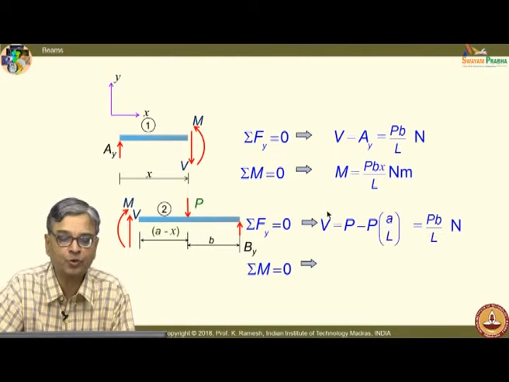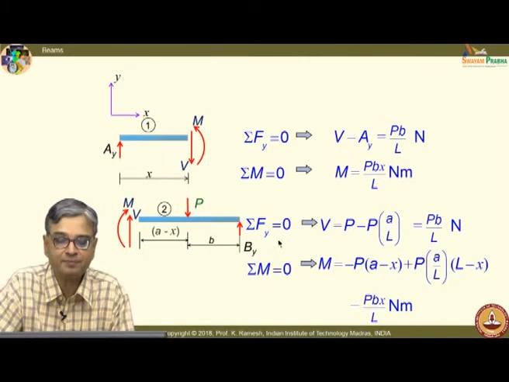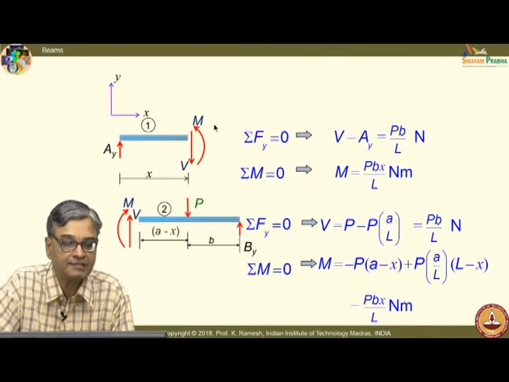You choose which portion to analyze that has the minimum number of mathematical steps, and also visualize what moment this force gives and what moment that force gives; you should indicate it correctly in your equation. And I get this as Pbx by L. Because I have taken the sign convention properly, I do get V and M. No matter whether I analyze the left one or the right one, I get the same identical answer.